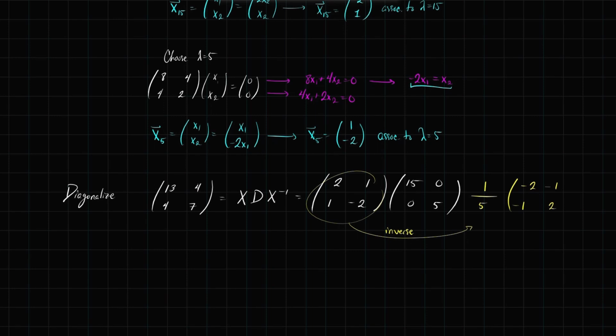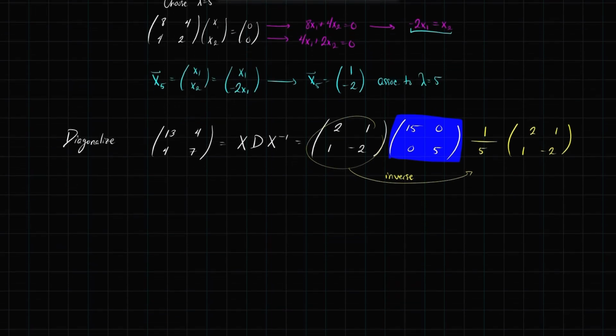And if I want, I can cancel all those minus signs at the expense of adding one more minus sign there. So that's my diagonalization, with my diagonal matrix right in the middle, which means when I calculate my matrix exponential, I'm just going to be calculating the exponential of the diagonal. So hence e to the t of [13, 4, 4, 7] is going to be X